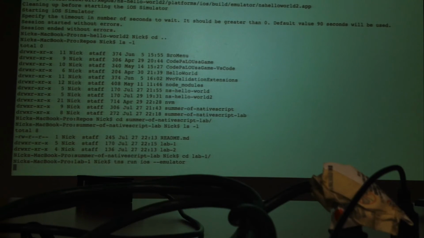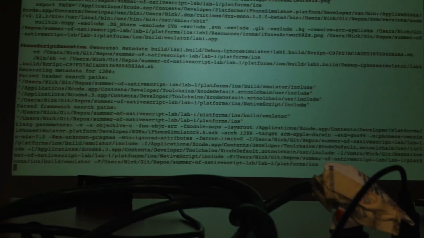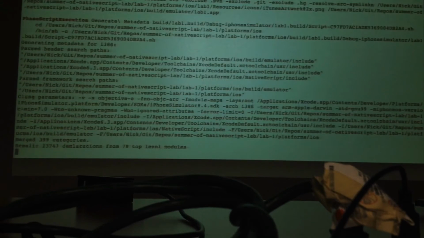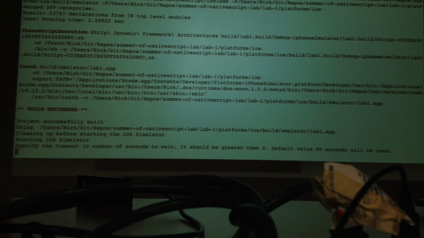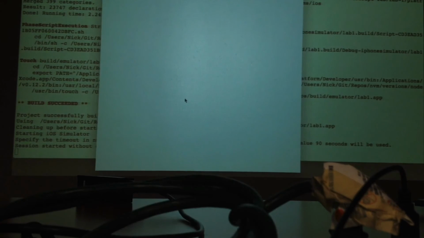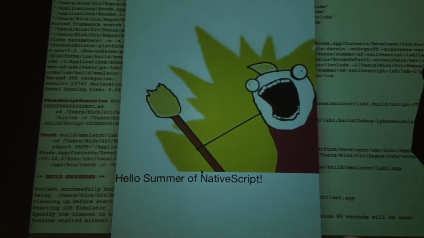I'm actually going to take this out of full screen, sorry. It's kind of annoying me right now. Starting iOS simulator, build successful. Hello, Summer of NativeScript. Yay!